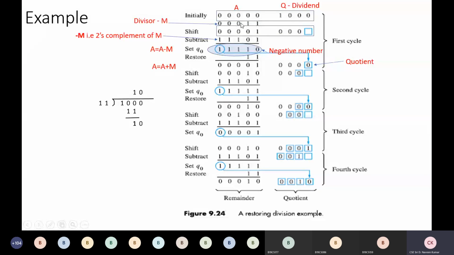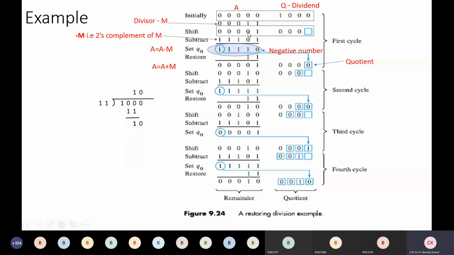మరి నాకు ఇక్కడ మైనస్ ఎం ఎలా వచ్చింది? It is the 2's complement of this one. దీని 2's complement క్యాలిక్యులేట్ చేస్తే you will get this number. But 2's complement ఎలా చేస్తారు దీన్ని? You will do 1's complement, reverse. If it is 0, make it 1. If it is 1, make it 0. Then next is add 1. Then you will get the 2's complement, which is this one. 2's complement అంటే ఇది మైనస్ ఎం అన్నట్టు. So this is A. This is minus M.